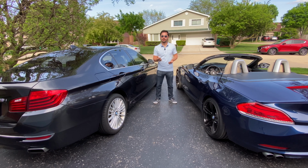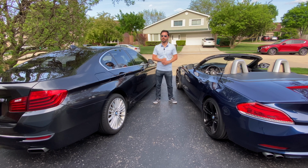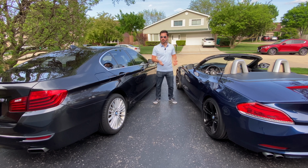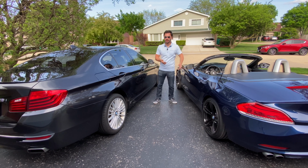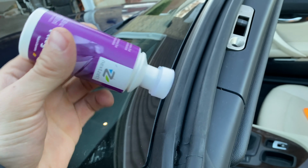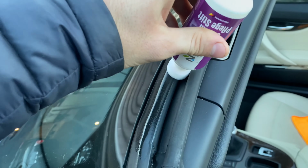Also, I would suggest applying leather conditioner every 3 to 6 months if you have leather in your car, and most BMWs have leather or leatherette type of stuff in the car, so it's a good idea to condition that as well. Don't forget to also lubricate your rubber parts. That way, all these rubber parts don't crack, don't let water in. You don't want any kind of water getting into the car, getting into the electronics,